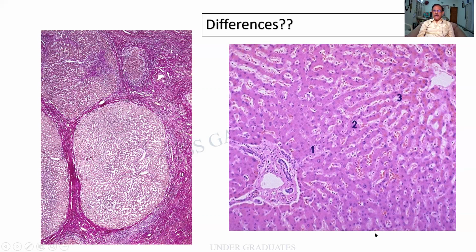What do I mean by the word architecture? It is the relationship of one part of a tissue to another. That is called architecture. But look at this one over here. I'm finding nodularity, a small nodule and 3 large nodules. They are separated by dense fibrocollagenous septae. There is no central vein that can be seen, and the portal triads are also out of place. So this is called an effacement of architecture. Effacement means loss.